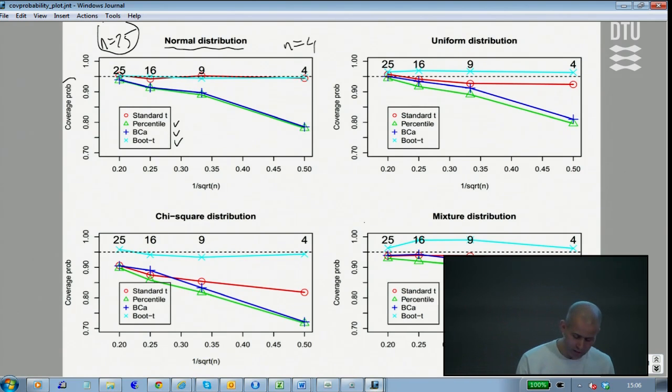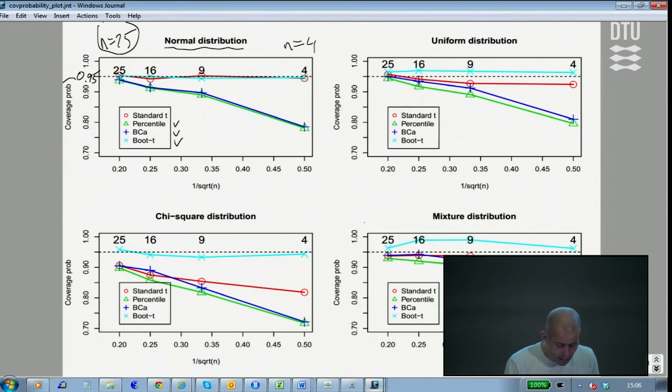What we see in the first plot, where I applied the methods on data that are truly normally distributed, is that the standard t works fine, right? The red one, as it should, because it's based on that assumption. So the standard t is exactly on the coverage probability of 95%, because I construct 95% confidence intervals.